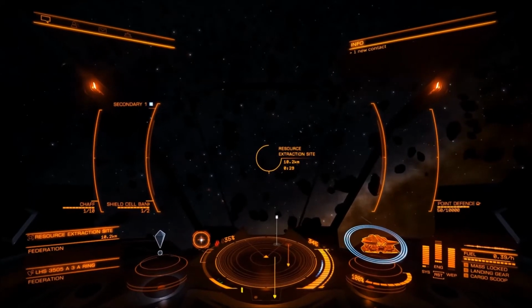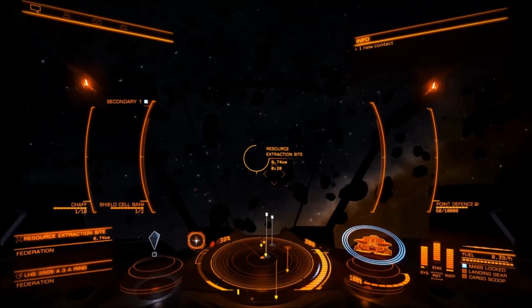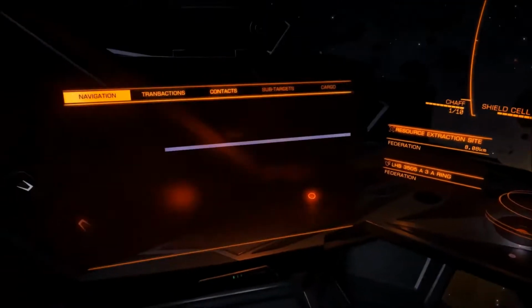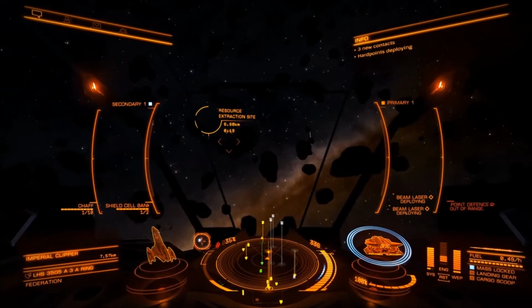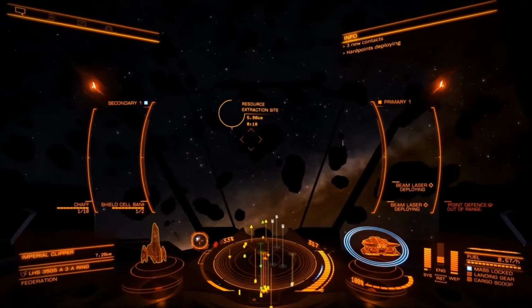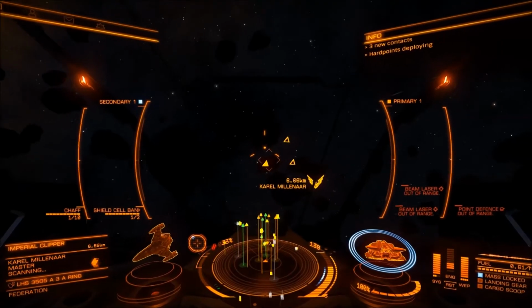So in bounty hunting, I mainly go 2 in systems and 4 in weapons, just so that my beam lasers can last for as long as possible. We actually have a battle down here with an Imperial Clipper. Actually, he's not doing anything, he's right below us. So now I'm going to show you the